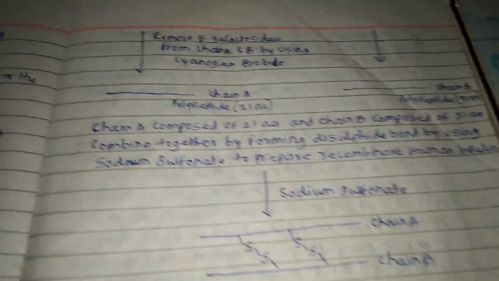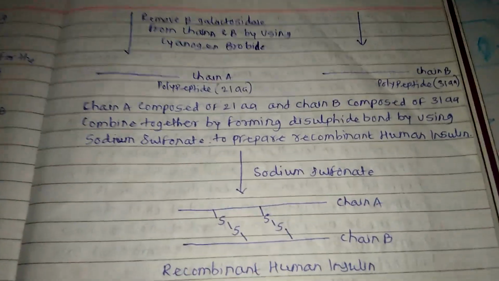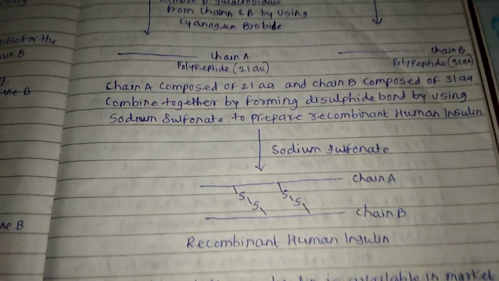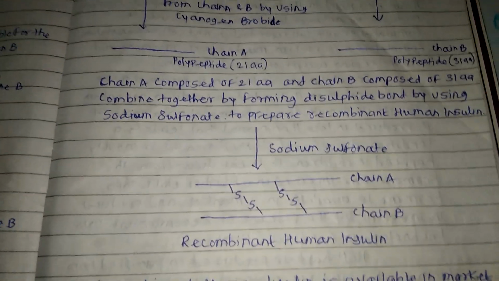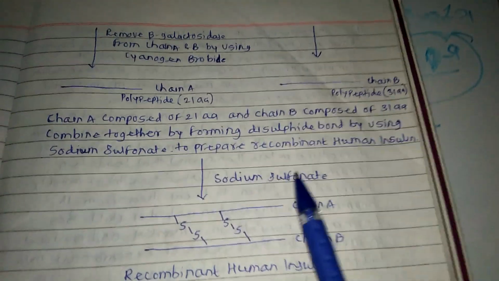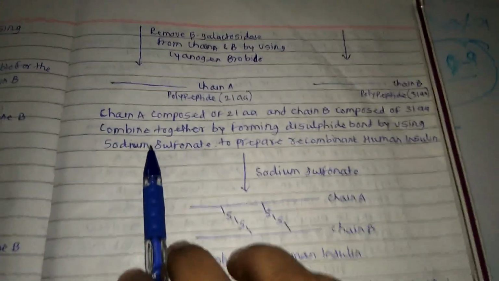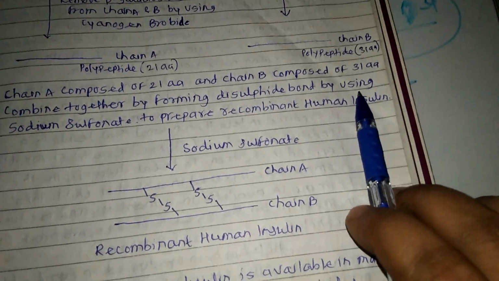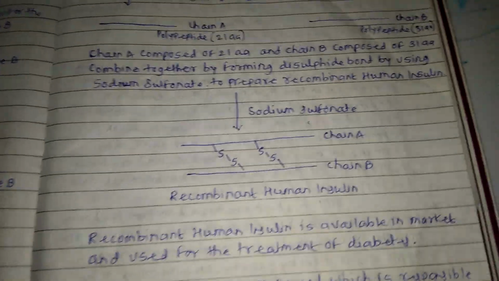Now the next step is that these two chains are joined, because the structure of insulin is chain A combined with chain B by disulfide bonds. That's why chain A, composed of 21 amino acids, and chain B, composed of 31 amino acids, are combined together by forming disulfide bonds using sodium sulfonate. Now sodium sulfonate is used, and this sodium sulfonate combines chain A and